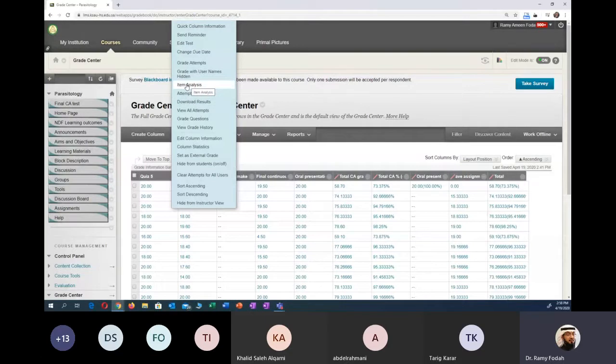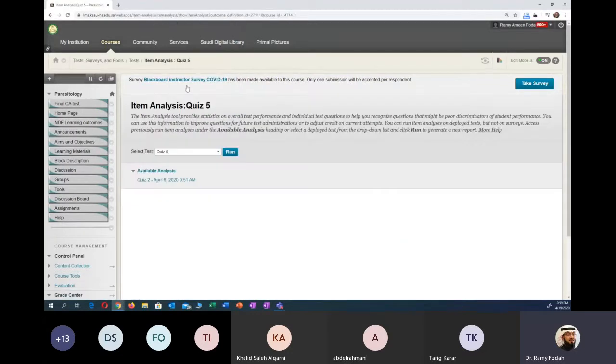For example, say there was a problem with the key. The key was supposed to be option A, or distractor A, and you put distractor B by mistake, and all students chose A. How are you going to find out? From item analysis. I'm just going to show you an example here. If I click item analysis for that quiz 5,